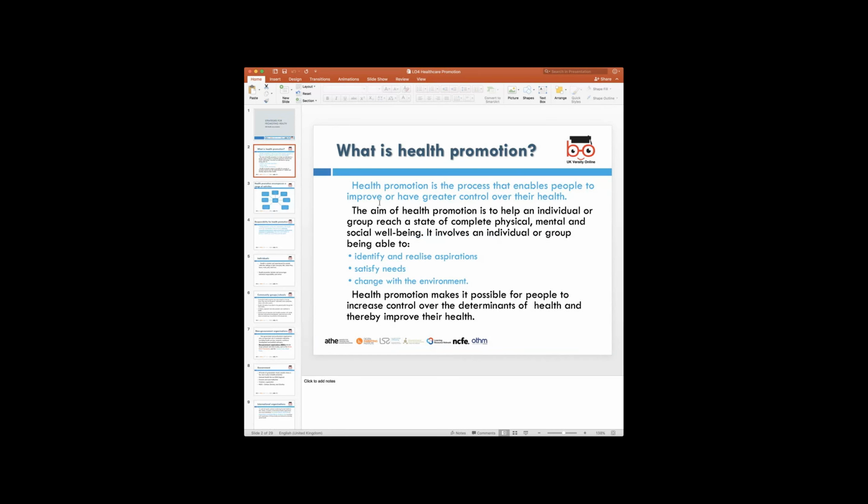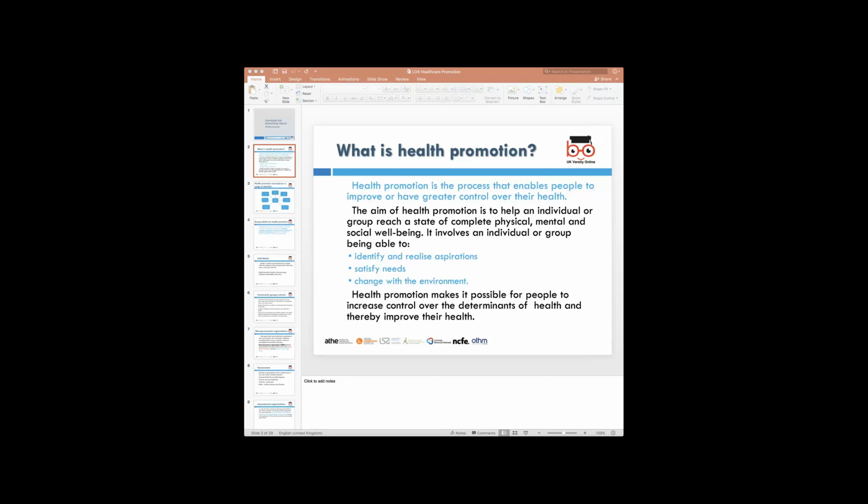If you don't look at the slide, read it and just look at the term, which is promotion, and then add the word health to it. What do you think is health promotion? To help the individual to improve their lifestyle in different ways, like physically, mentally, and social well-being. Yes, absolutely correct. So when we look at the context of something called promotion, what we are trying to do